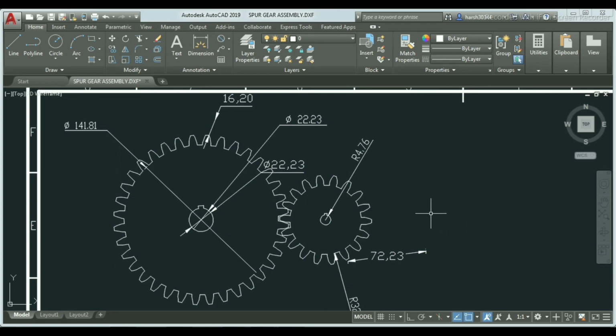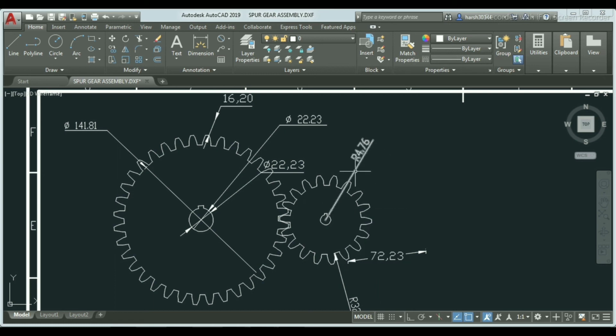So in this video we have learned the spur gear and basic motion analysis of the spur gear in SolidWorks. We have plotted the 2D view in SolidWorks. Also we have given the assembly drawing.